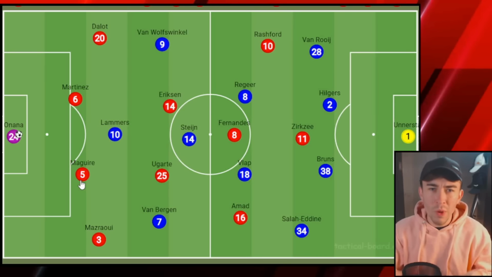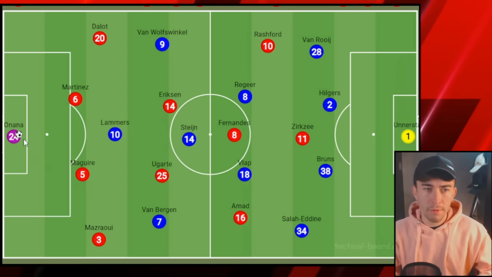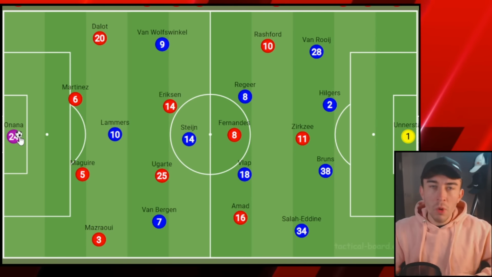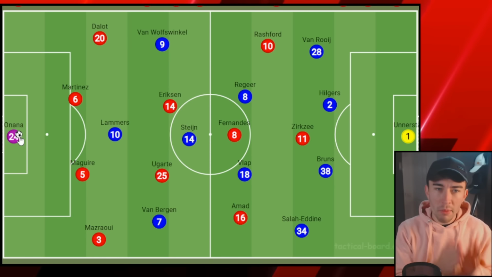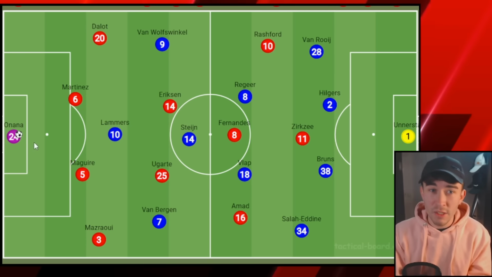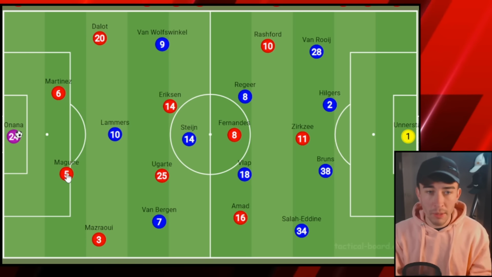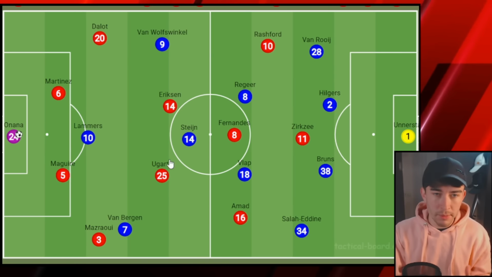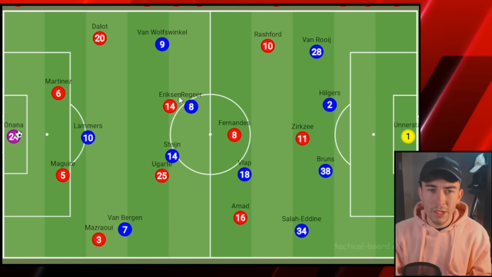So to find out where the problems were for United in this game, I really want to break it down phase by phase. So we're going to start off with the goalkeeper, Onana, with the ball at his feet, and work through the pitch from there to figure out where we really had the problem. Starting off in goal, I think we were actually alright in this phase. We were dropping players deep to try and play out from the back. As we expected, FC Twente were applying a reasonably high press,